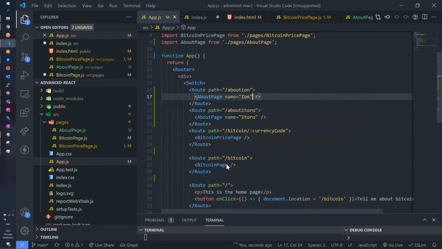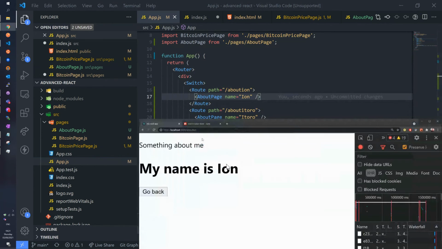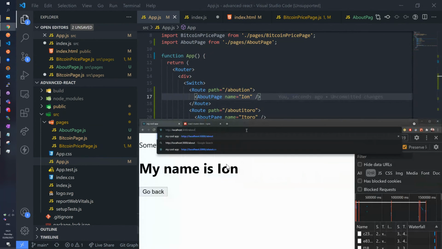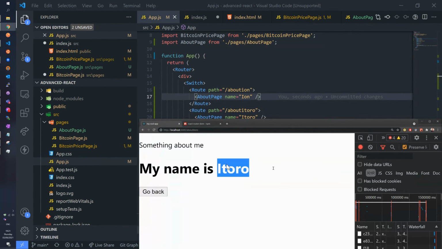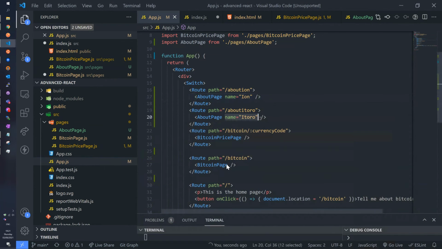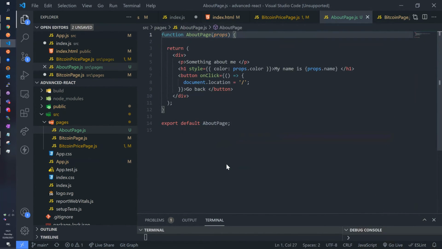And if I go to this other one, about eToro, I see this one there, right? Because this is a prop that I set to this component called AboutPage, which you have access to by this thing right here. And everywhere I'm going to use props.name, I'm going to see that.